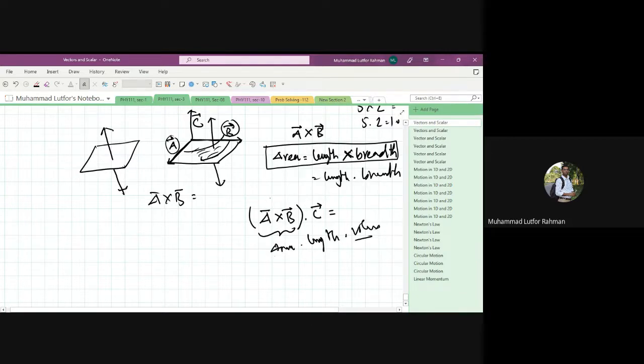A cross B, if you write it as one vector, say D dot C, is a scalar quantity, a scalar product. So that's why